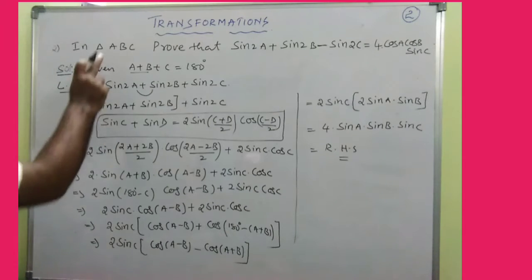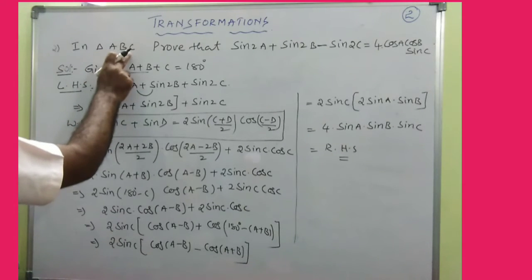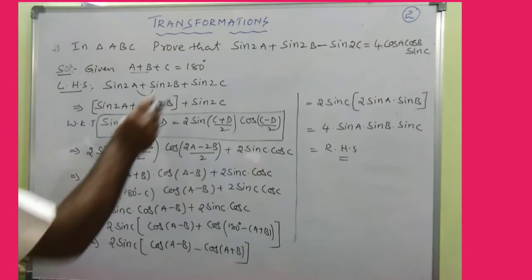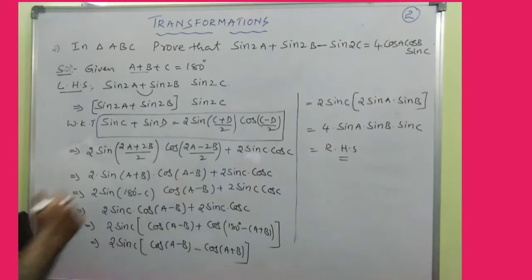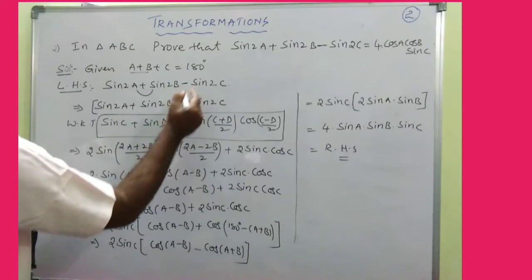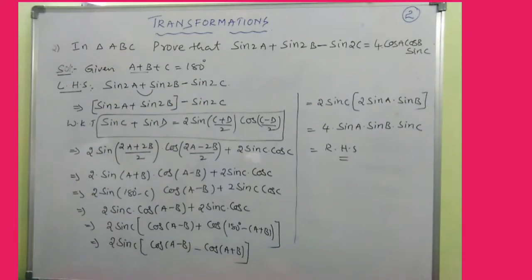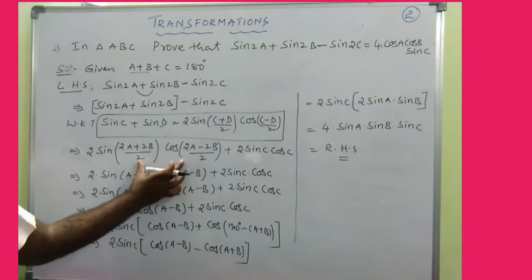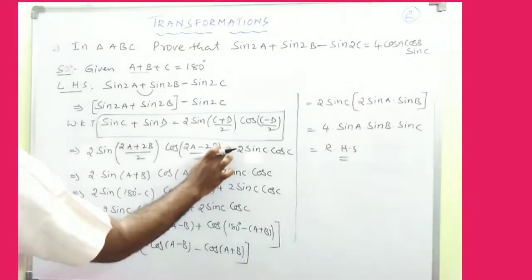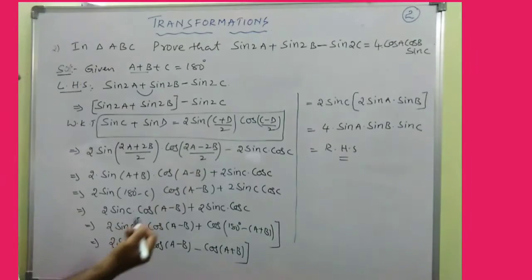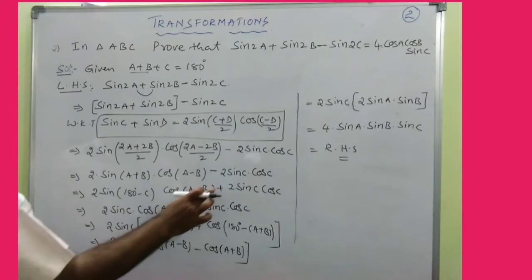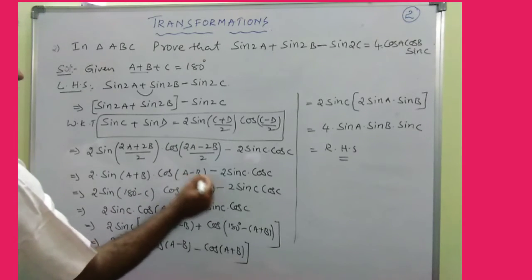Okay. So once again, because it is given that it is a triangle ABC, we can consider that the sum of the angles is 180 degrees. Now the only thing is, instead of this plus, we take minus. Isn't it? So once again, these two I want to consider as a single unit, and let us apply the formula for sin C plus sin D. Okay, and now the sign only differs. This is minus. Once again here it is minus. Okay, and even here also minus. All the steps are the same.